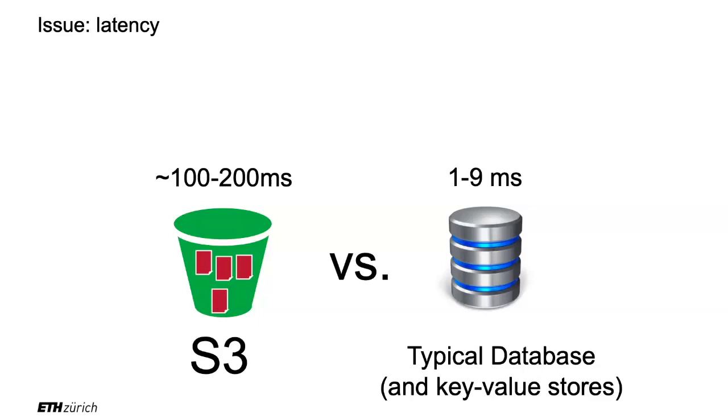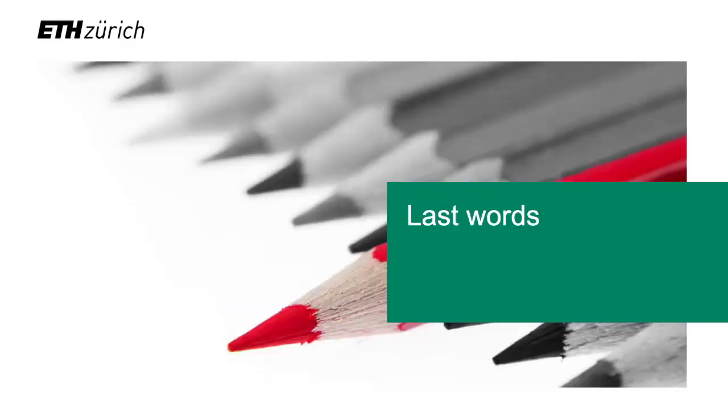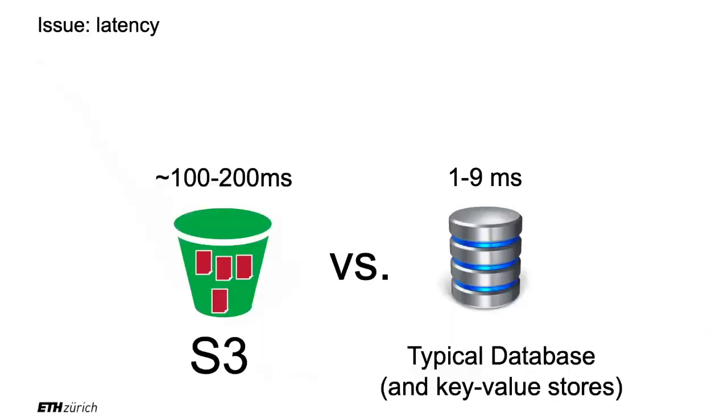So you cannot directly use S3 as what we call a key value store. And so people invented key value stores. The difference between S3 and a key value store is that a key value store doesn't have 5 terabyte objects. In a key value store, you're looking at objects that have a few hundred kilobytes. It's much, much smaller. And these key value stores are extremely efficient at writing and reading data.